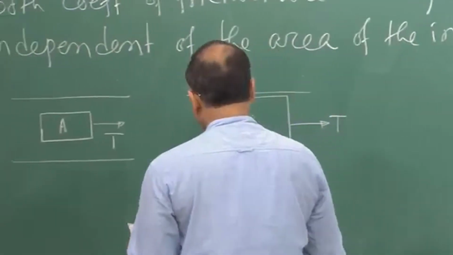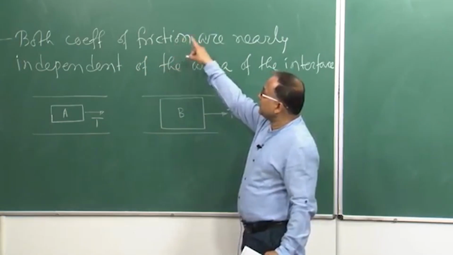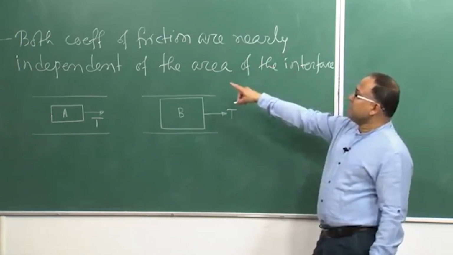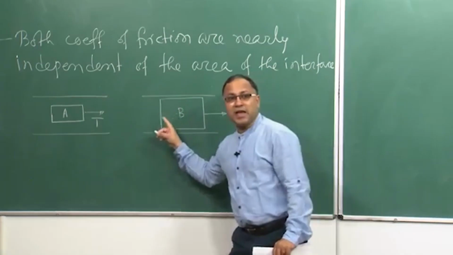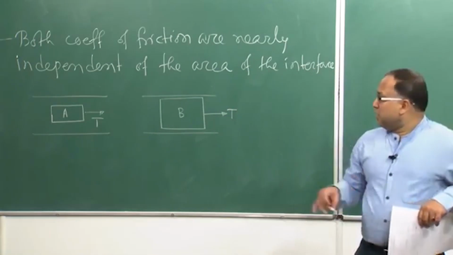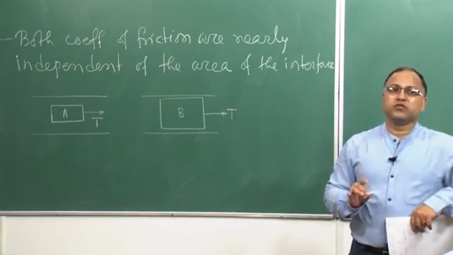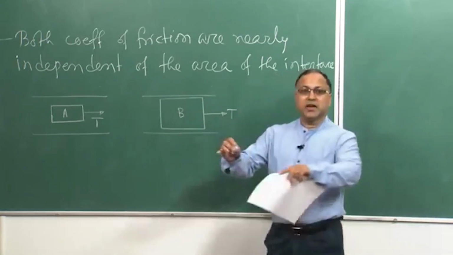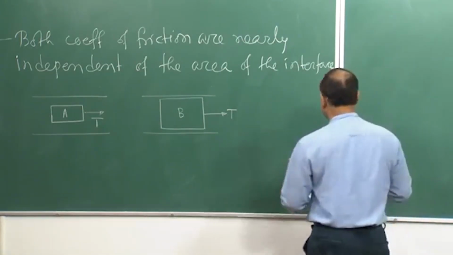So, as we have said, both the static coefficient and the kinetic coefficient are nearly independent of the area of the interface. As long as block A and block B both generate the same amount of N, the friction force is not affected, and it is completely independent of the surface area on which the block is resting. Now, the next property is